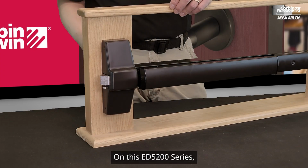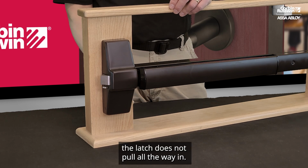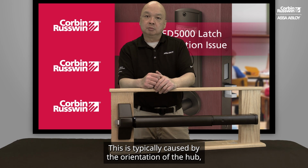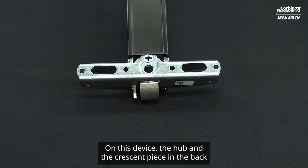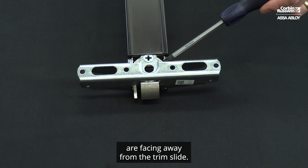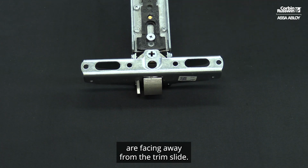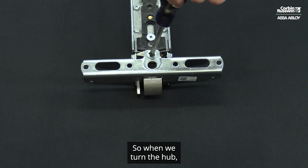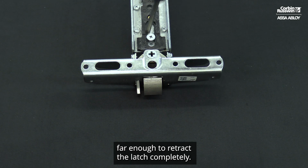On this ED5000 series, when I rotate the lever, the latch does not pull all the way in. This is typically caused by the orientation of the hub and the trim slide on the back of the exit device. On this device, the hub and the crescent piece on the back are facing away from the trim slide. So when we turn the hub, the crescent does not push the trim slide far enough to retract the latch